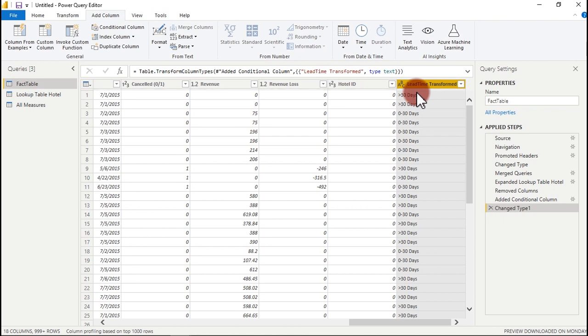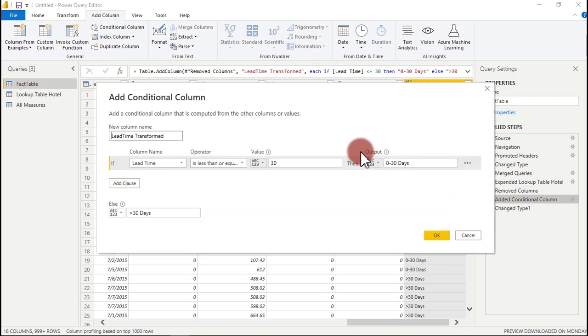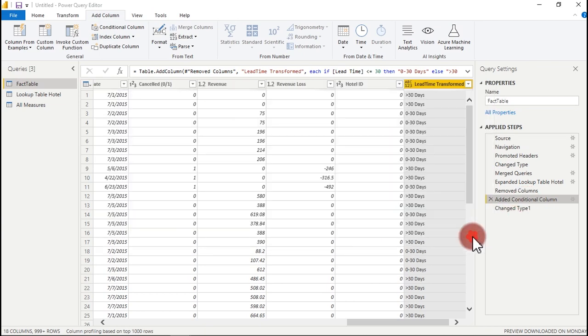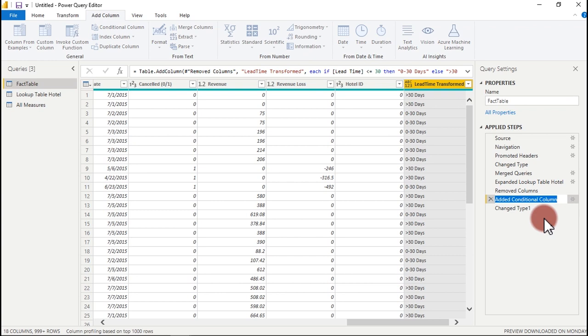If you want to add some little flavor to make sure whoever comes to the back end knows what is going on right here, what you can do is come here on this particular part and tell a story with this. How do you do that? You can double click or right click on it. If you double click, it's going to open for you to edit. That is not what I want to do. So just right click on it and you're going to see where we have rename, and you're going to see transform